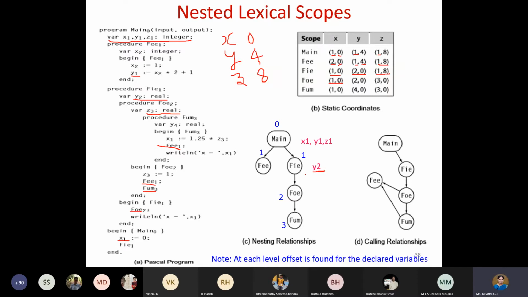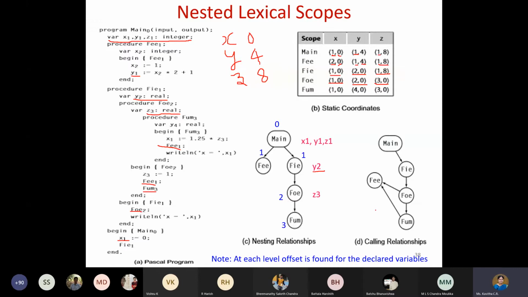And what about Y? So you are not going to use Y1 scope now. Why? Because FOE function is inside FIE function. Therefore, whichever is the recent scope, that it has to use. So it will be using the recent scope, that is nothing but 2, 0. So for Y, it is going to use Y2 scope, and for Z, it is going to introduce a new scope at the new level, that is 3, 0. 0 is the offset because that is the only variable that is declared. We don't have X, we don't have Y, and it is only Z, and the offset is 0. So it starts with that address now. So that is about FOE.